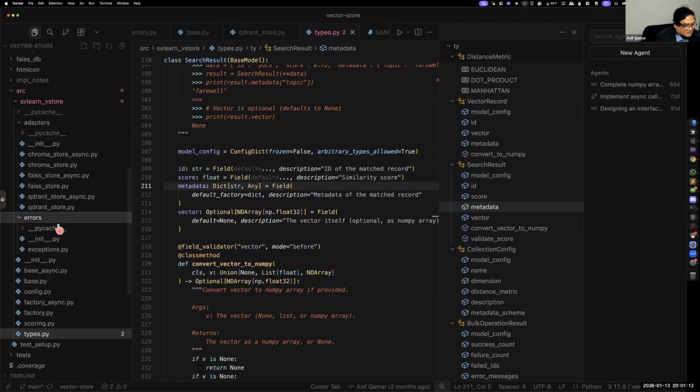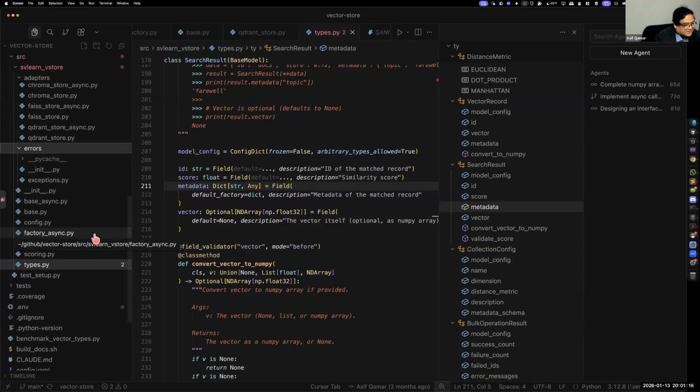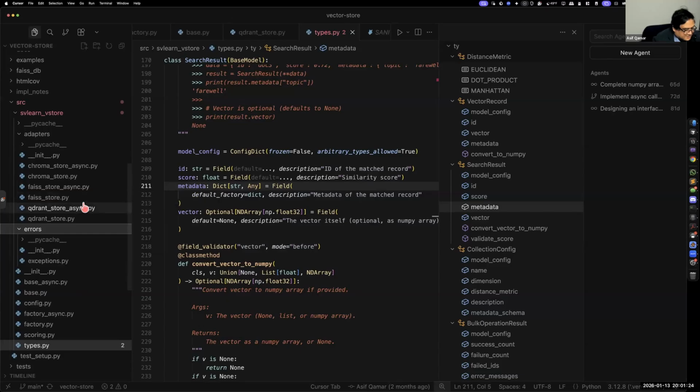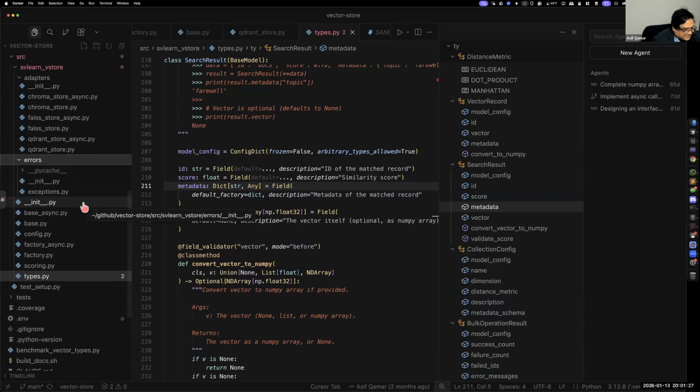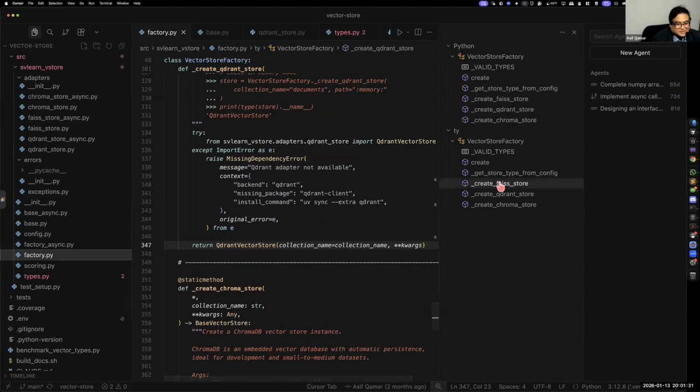Then this is that, adapters. Errors. It's always a good idea to have your error classes in place. And let's go with that. PyTorch. What am I missing here? Is there anything that I missed? Base, factory. You keep factories just to say which database you are going to store it in.